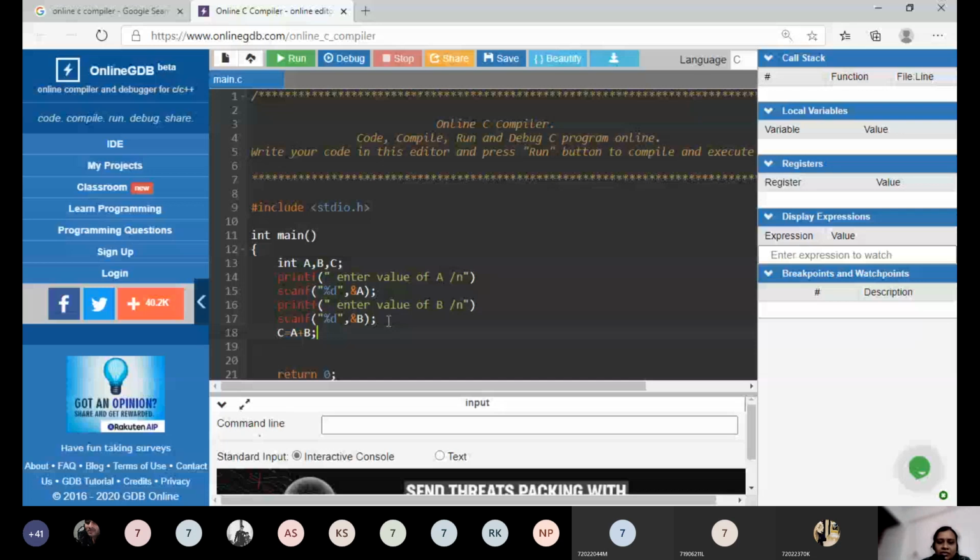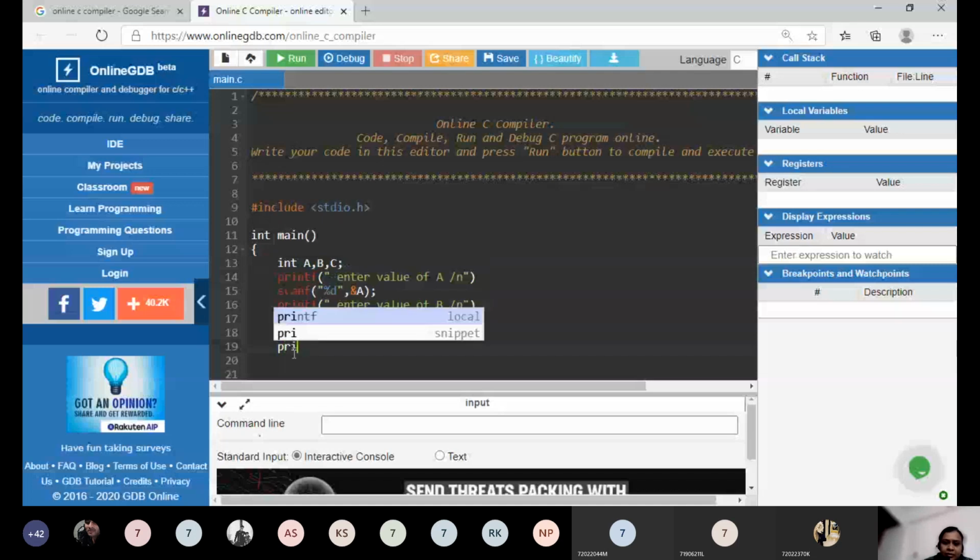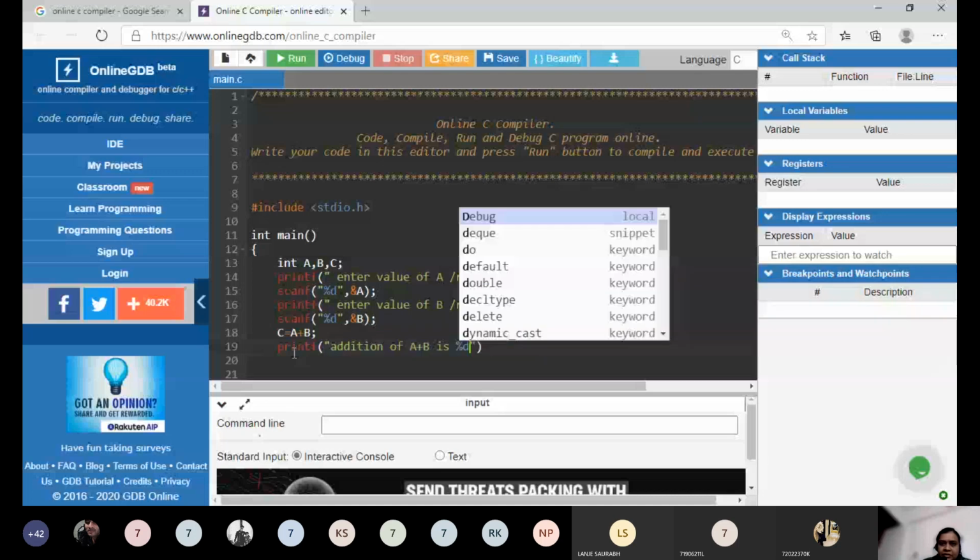Okay, now in C we get the addition, so we display the value of C, or we can write addition of a plus b is क्या है? It is percentage d.